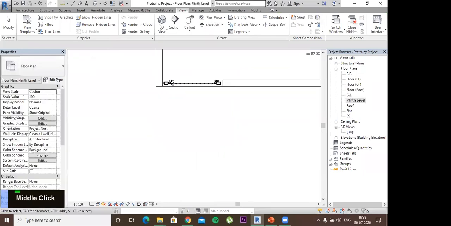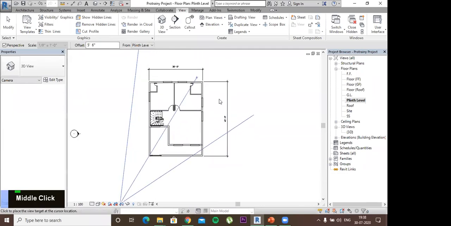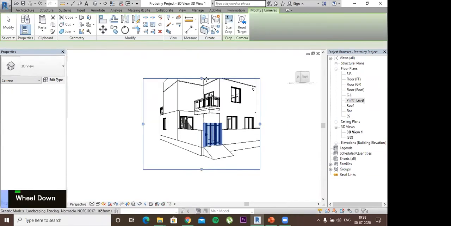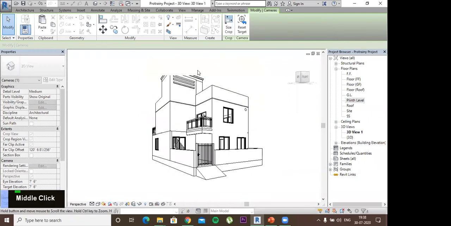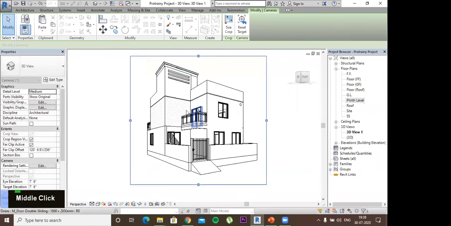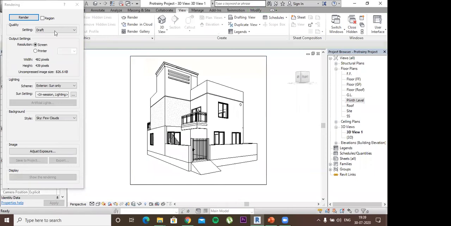I'll create a camera view from here to here. And then I'll go to view panel, render it. Meanwhile, we'll take a doubt clearing session.